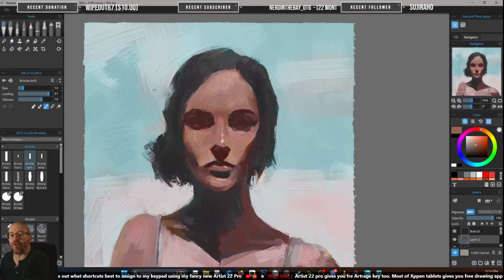Gives you free Art Rage. Ooh, most of the XP Pen tablets give you a free drawing app. That's cool. Yeah, Huion and XP Pen are my two that I recommend. Hell, I even recommend them to other professionals. A lot of people in the different art Discords will be like, man, my Wacom keeps breaking or the drivers keep doing whatever. And I'm like, screw it, man. Get rid of it. I know it probably costs $7,000, but